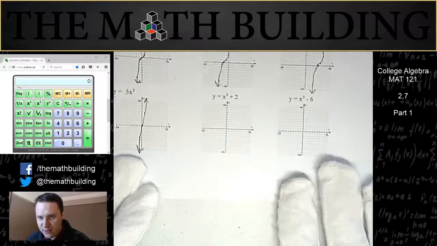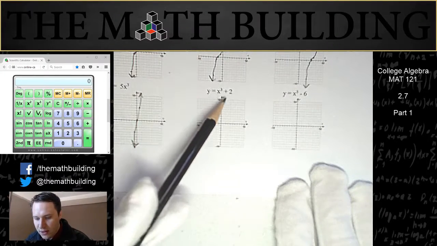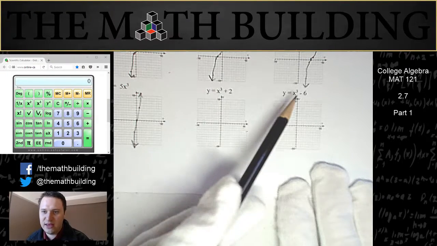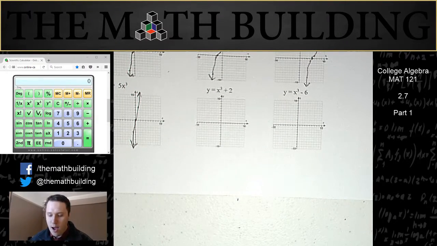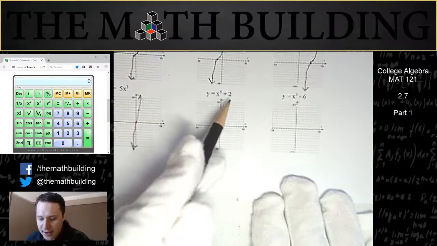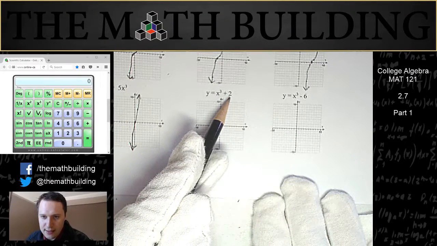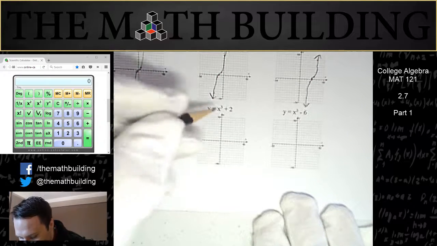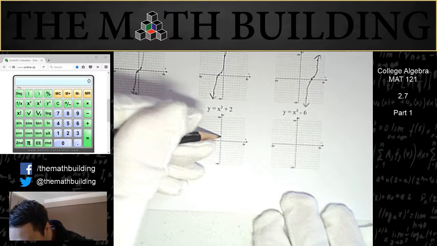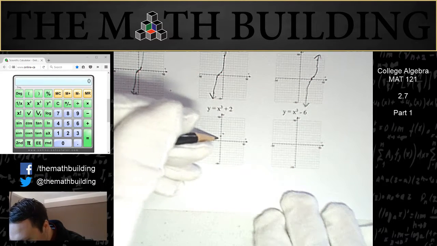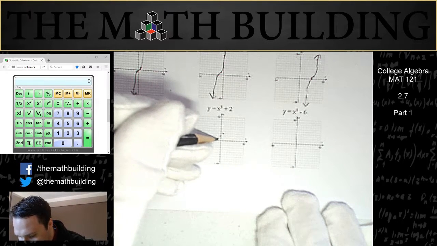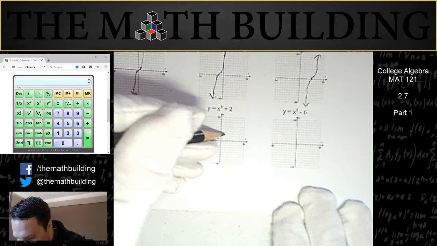Let's do these last two, and then we'll finish this part. Notice that this time I have plus 2 and minus 6 on the outside of the cube. That means we're going to go up and down. The nice thing about adding or subtracting in this way is that it goes in the direction we expect. We're adding 2 to the y value, so we're going to be up 2. Everything else on the graph is the same. Over 1 up 1, over 1 down 1, over 2 up 8,